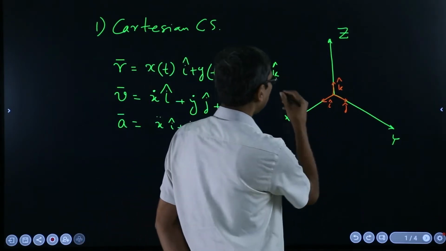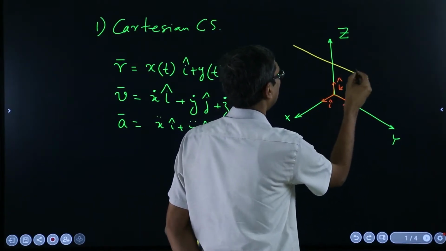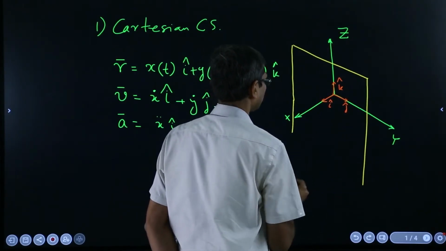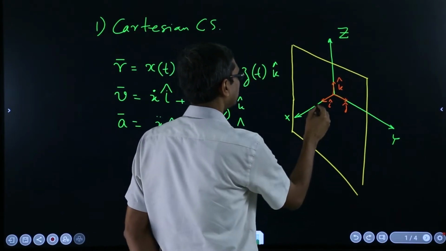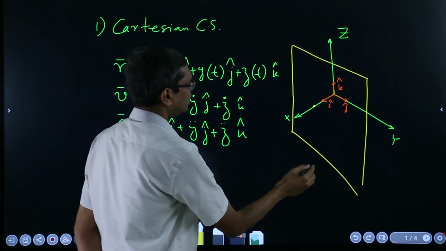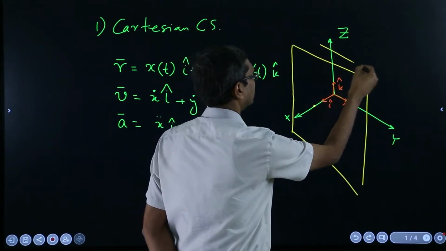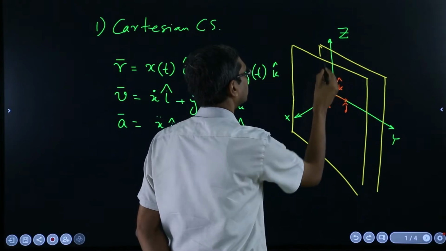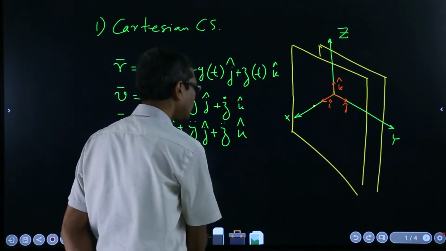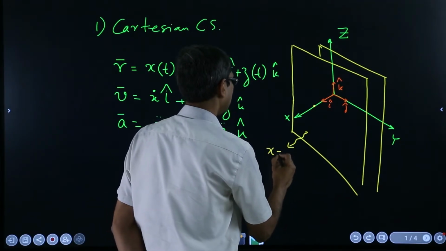Suppose I choose x to be constant, so the surfaces which I will get are something like this, planes perpendicular to the x axis, say at this point it is passing through the x axis. So, the x value is the same on this full plane, and if I go that side, maybe something like that will be there, and we will get planes which are parallel to these planes. So these are x equal to constant